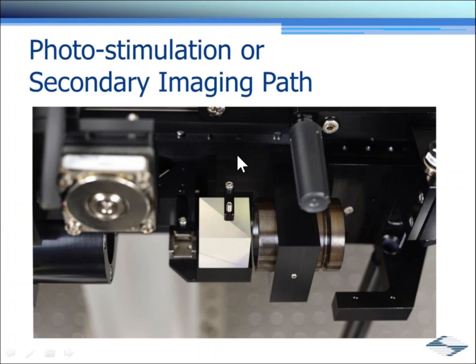So I've just put a picture here of this white cube. In this particular example, this is a polarization beam combining cube. Now you can imagine that we can run our pulsed infrared beam for 2-photon imaging through this cube and onto the sample. But we can also bring in a secondary beam, combine it with that beam, and deliver that to the sample as well. Just to note, this beam could be used for a stimulation pulse, for example, or you could even have an entirely separate set of scanners and scan lens and independently scan this beam as well as this beam.